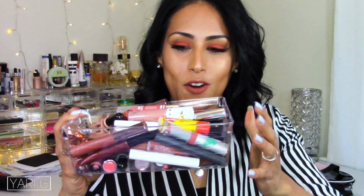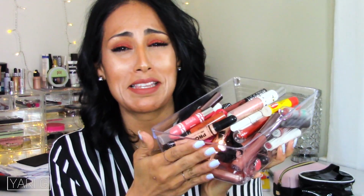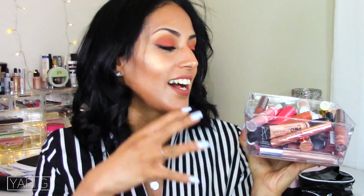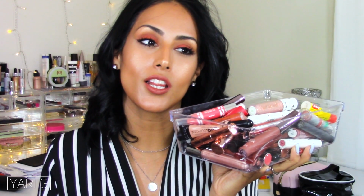And as if that wasn't bad enough, I literally had all these lippies in the purse. Well, some of them were in the two bags that I showed you initially. Who needs all these? I literally had every single lippy in my purse, and I was lugging it around like...